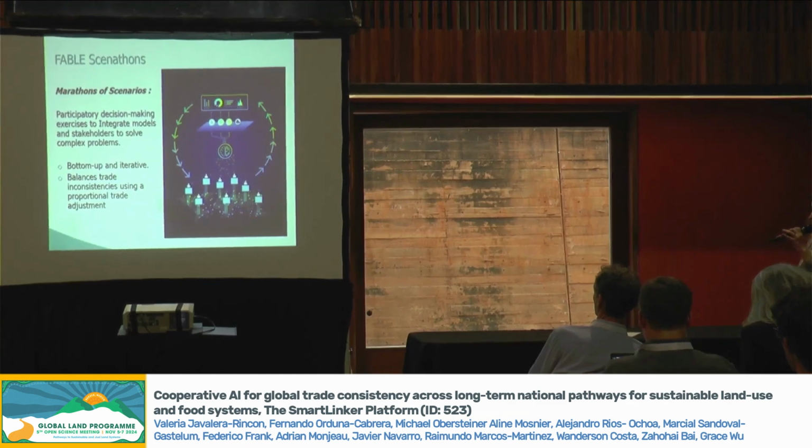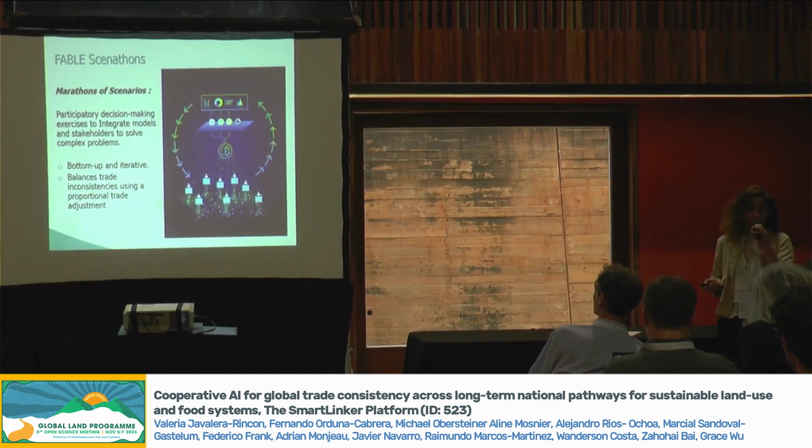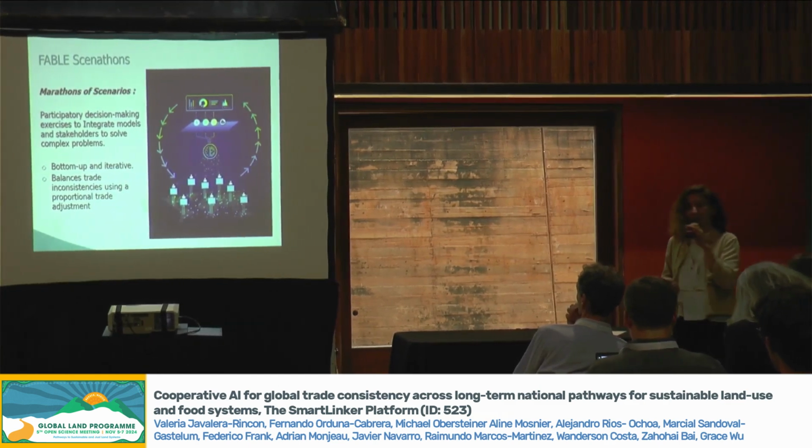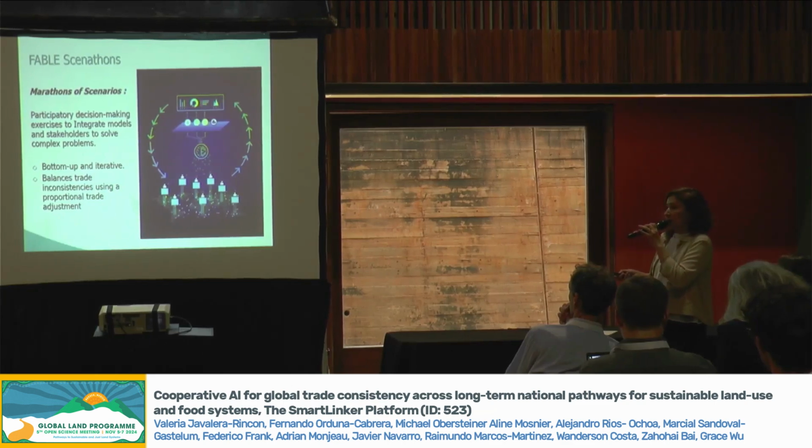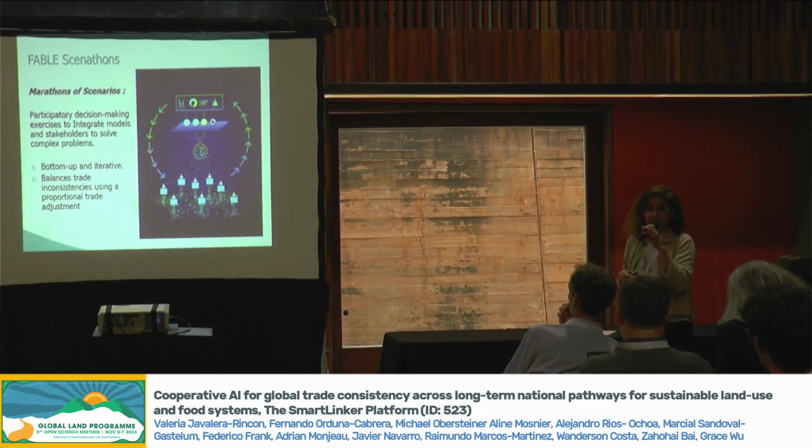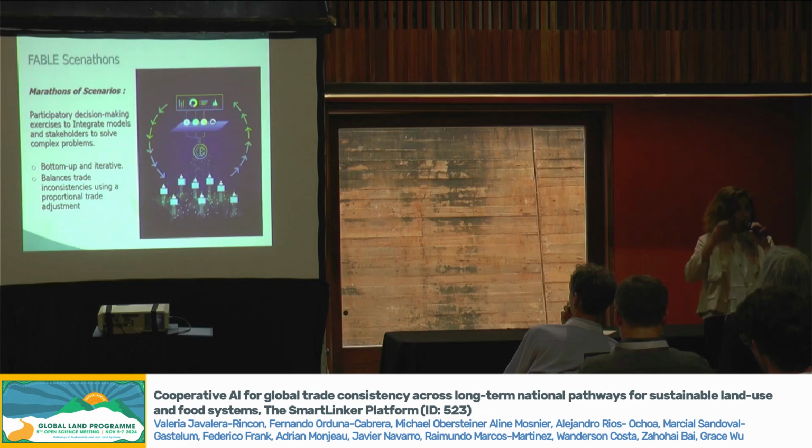We have in FABLE more than 20 countries participating in the senatons, and each country team uses a land use model, an integrated model, which we call the FABLE calculator. This is already an integrated model. And then with the senatons, we integrate all the outcomes from the countries and we align them to the global. So we have global targets,